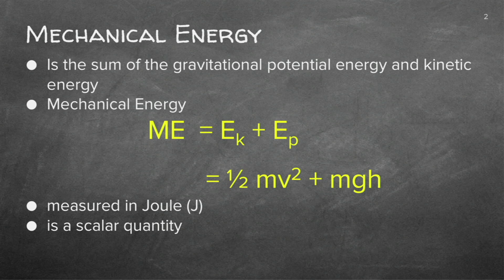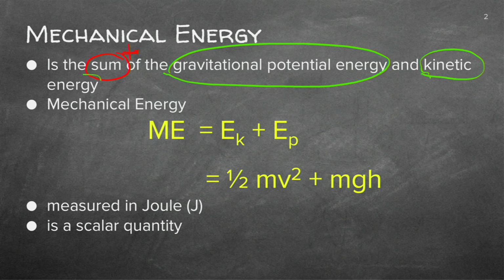Mechanical energy is the sum. Now remember, sum means add, plus them together. So you're going to add together the gravitational potential energy, which you've done in the previous lesson, and before that, we started to explain the whole concept of kinetic energy. If you add these two together, you actually get the mechanical energy. We'll show you a video clip later where we're going to do that and see the transfer from one form to the other.